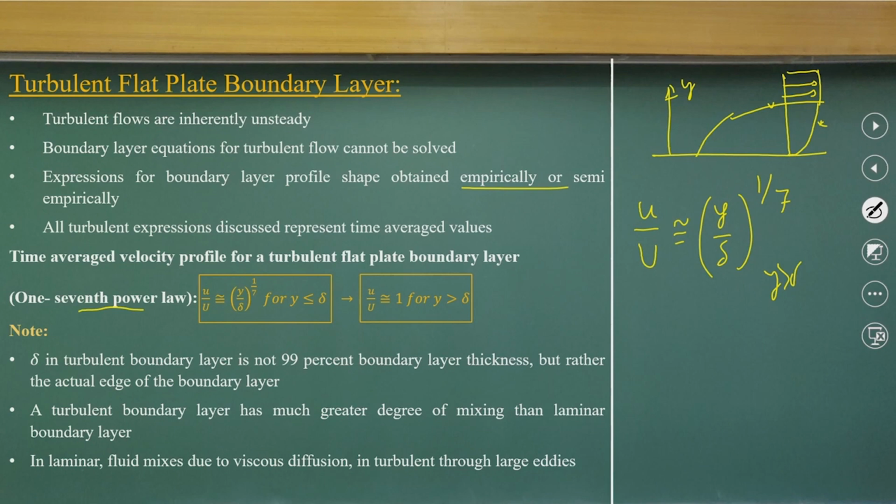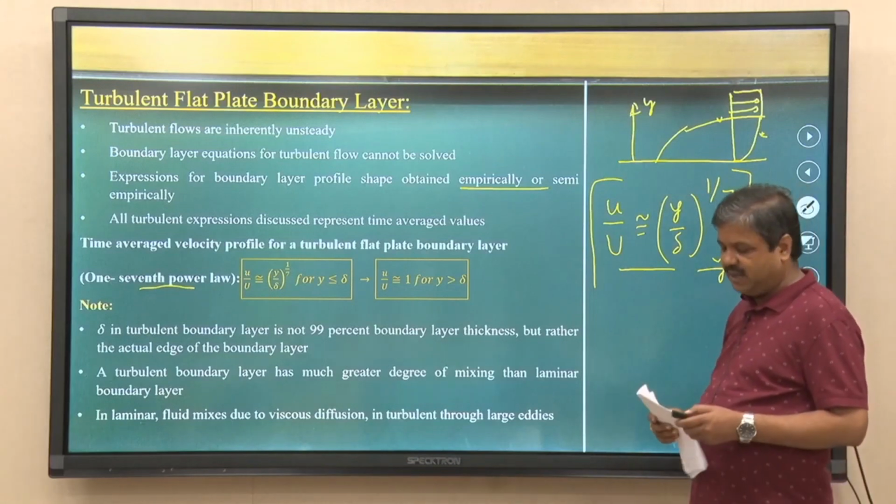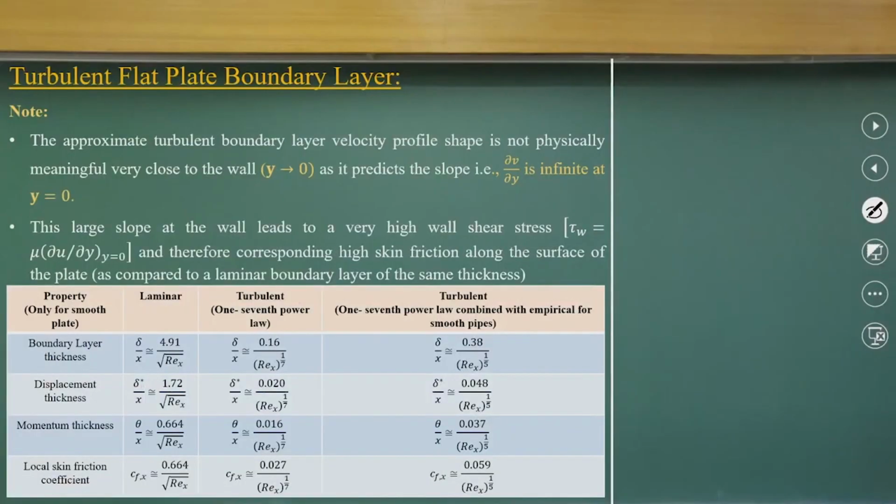So, basically one very simple empirical equation obtained from the experimental data is called the 1/7 power law. The equations are given in different formats, we will go through them next, but if you look at that,